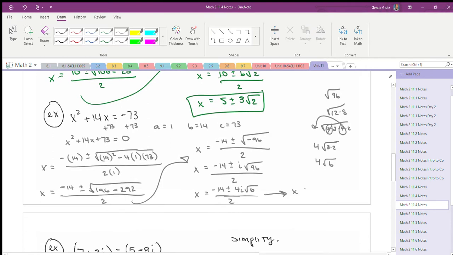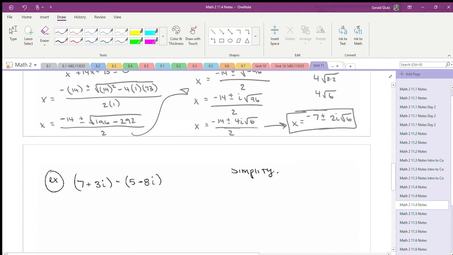So x is going to equal negative 7 plus or minus 2i times the square root of 6. So I did negative 14 divided by 2 is negative 7. 4i divided by 2 is 2i. And that's our answer. So going on to the next page,